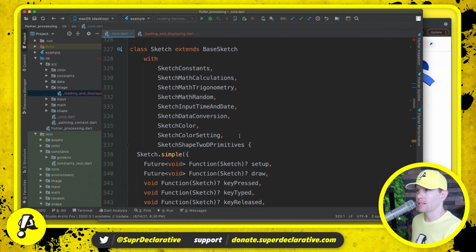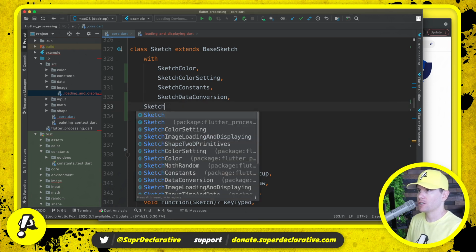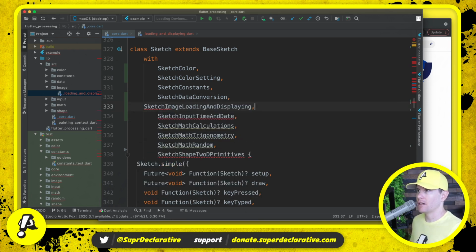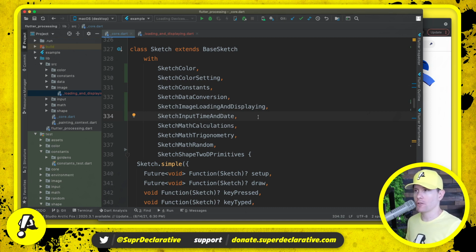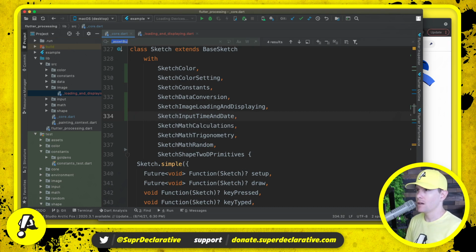And these are all, I should probably put these in alphabetical order, huh? So let's see, move that one there, there, there. Okay. We want to add the sketch image loading and displaying mixin. Sketch image loading and displaying. And now our compilation issue on the right is gone. We've now extracted yet another group of related methods from the overall sketch definition. There's another